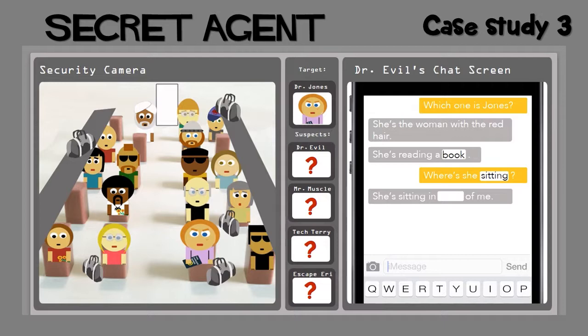And in this case, you're riding on the train, and they're going to pull a heist on the target, Dr. Jones, when they get to the tunnel. So you have a limited amount of time to solve this puzzle of who they are and where they're sitting. And the way that you do this is by hacking into Dr. Evil's text message service